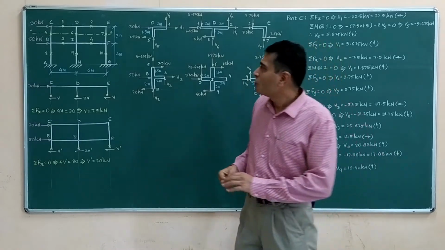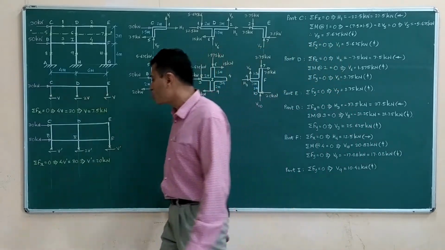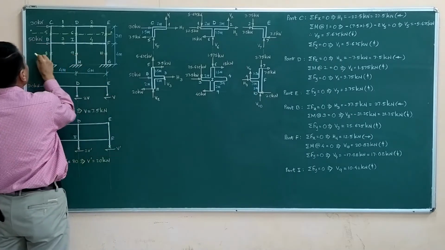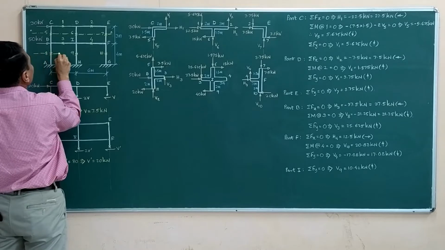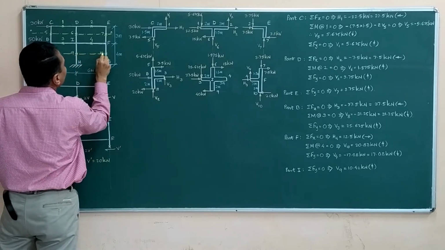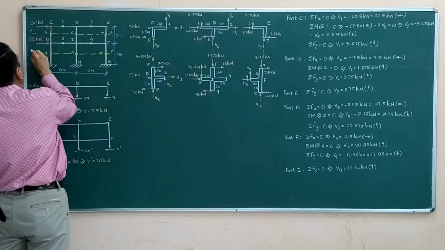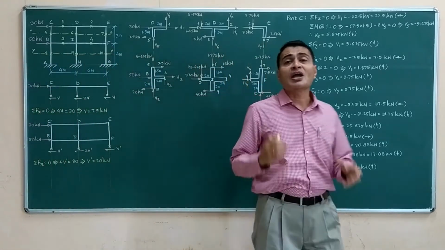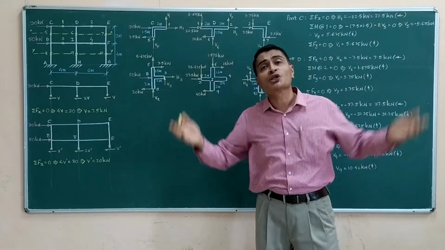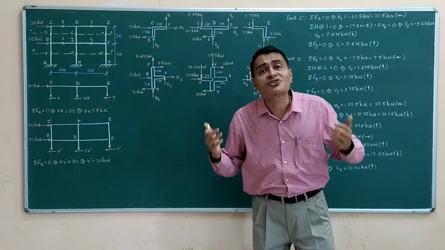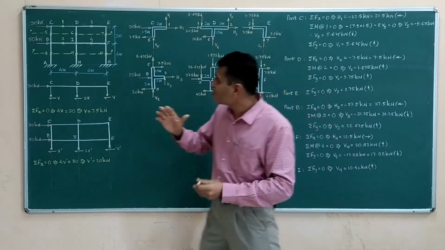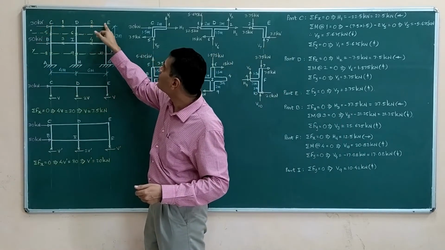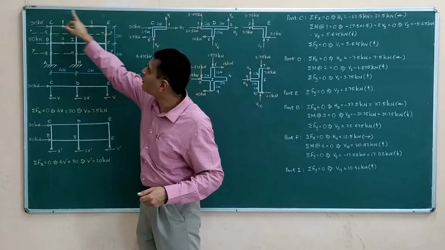Okay, once these shear forces have been found, next what I do, passing through 8, 9 and 10, I imagine another section. Let me call it section YY. And then I am considering FBD of the entire portion which is falling above section YY. That means I am drawing FBD of 8 to C to E to 10, this upper portion.